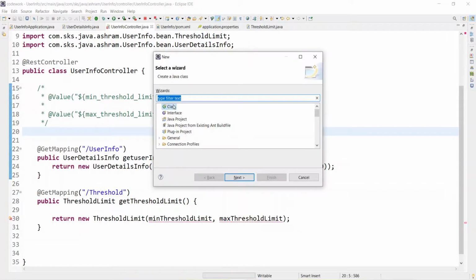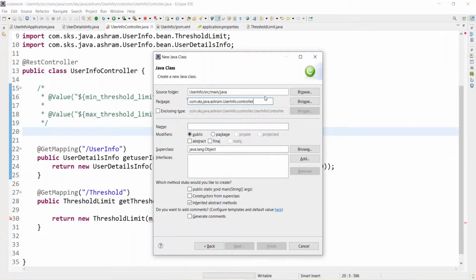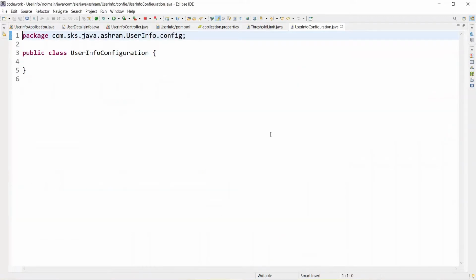So Control N, class. Create one more class and create another package called config. Then put the class name, let's say UserInfoConfiguration, and finish.